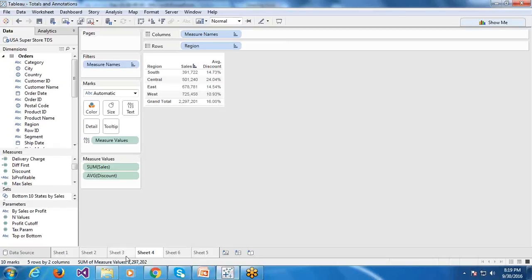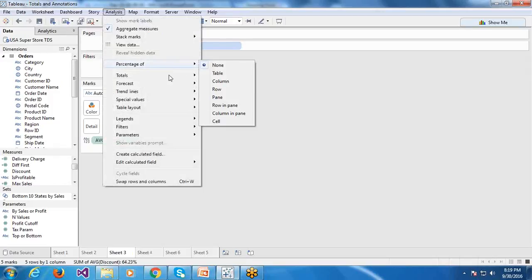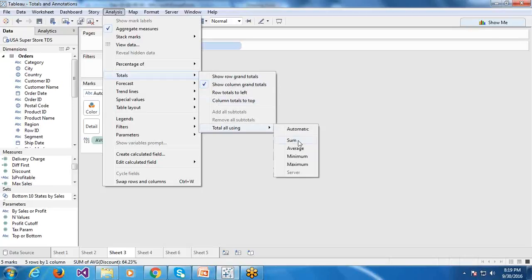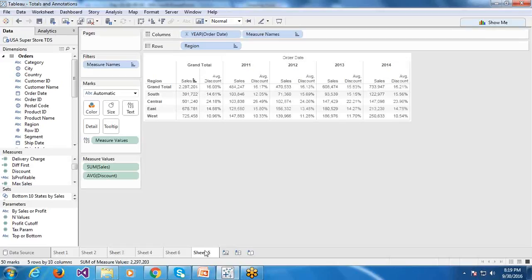Two pass total is having the same aggregation for it. See, this is also two pass total, even though we use the same aggregation. So this is also average, this is also average, but still it is a two pass total. It is working on top of the result. So that is about totals.